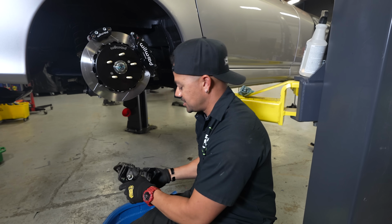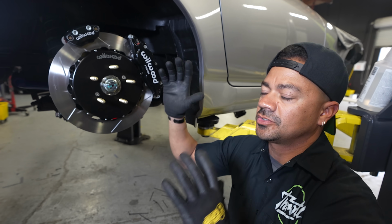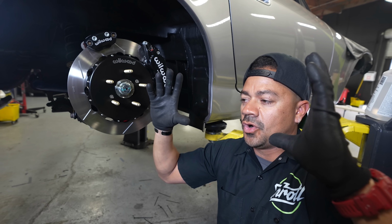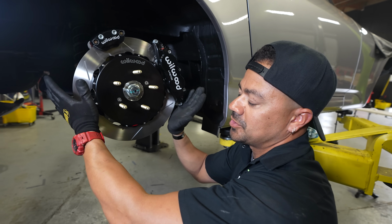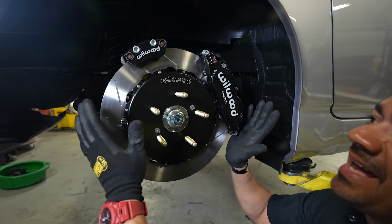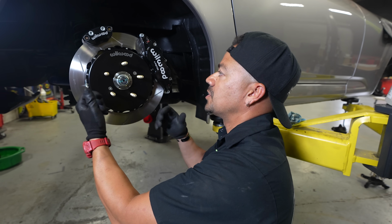And then from there, you can get out of the car and go do your thing and the car will not move. In our case, because we went with a 4-piston caliper, we have 2 on this side, 2 on the other side, so you get equal pressure on both pads and you get better stopping power, right? On top of that, our rotor is way bigger. It's massive, which means you can stop a lot sooner and the rotor and the pads won't heat up so